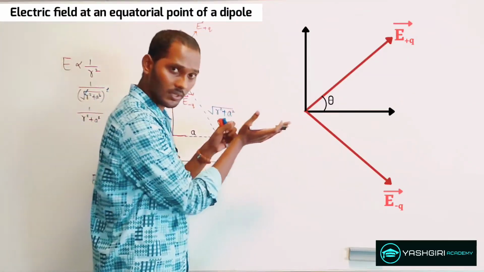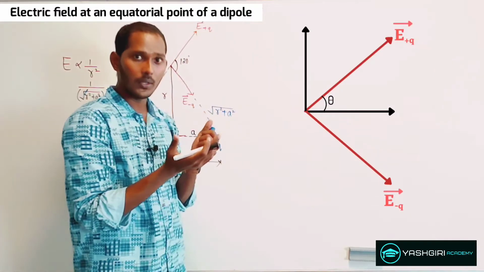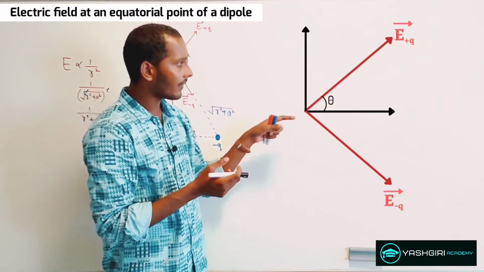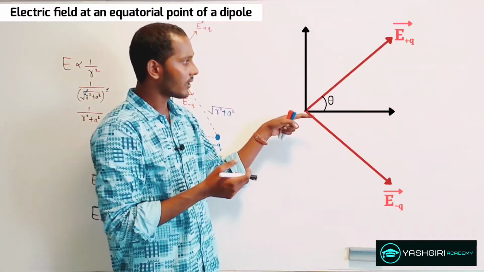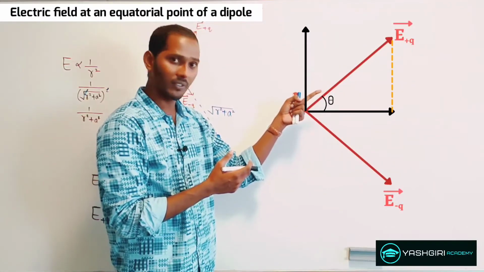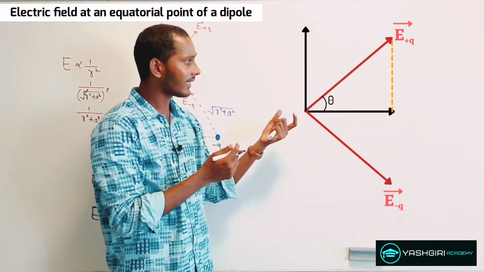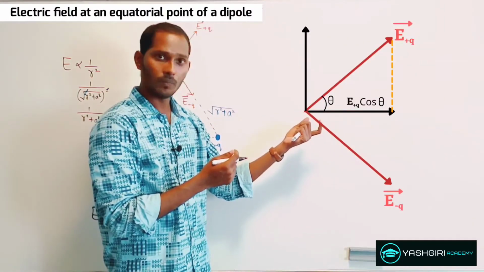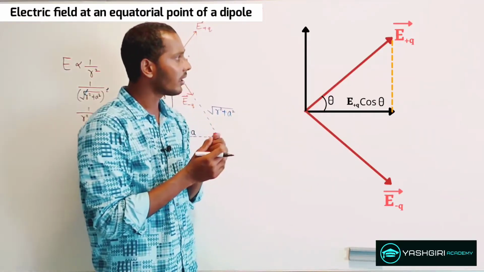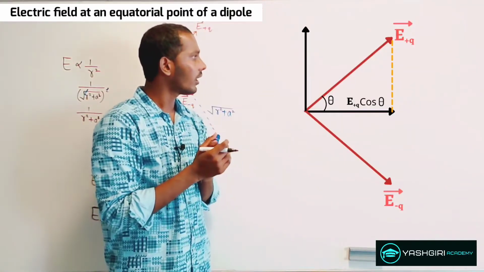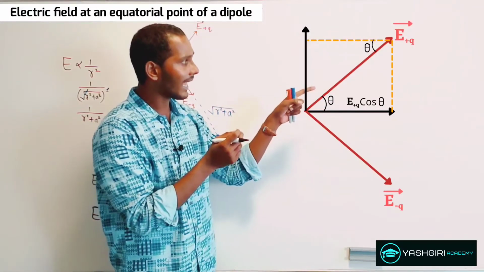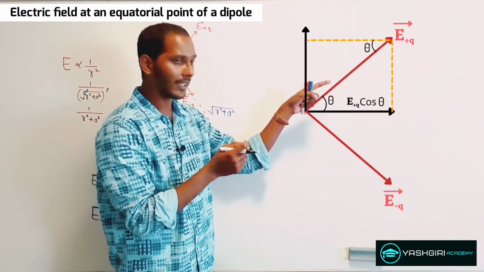If I'm interested in the horizontal component, in that case I can make use of the cos theta formula, which is nothing but adjacent upon hypotenuse, and this is the adjacent side, the horizontal side of it. So the hypotenuse is nothing but the magnitude of this electric field vector E. So the adjacent side that I'll be getting is E Q due to the positive charge into cos theta. So that's the horizontal component that I'll be getting. Well, the vertical component, if you see the geometry of this over here, the angle over here theta will be equal to that angle as well.